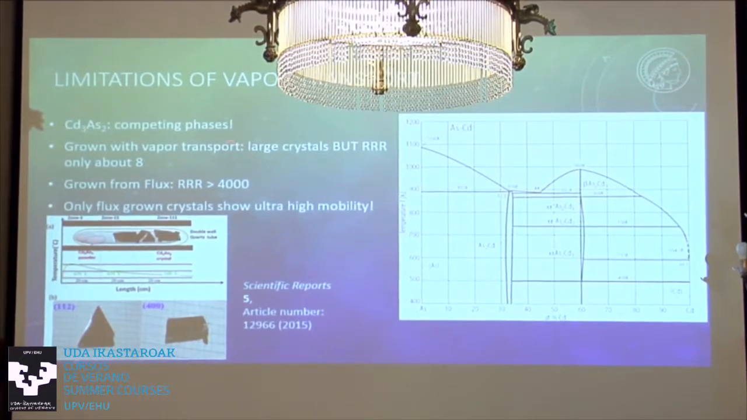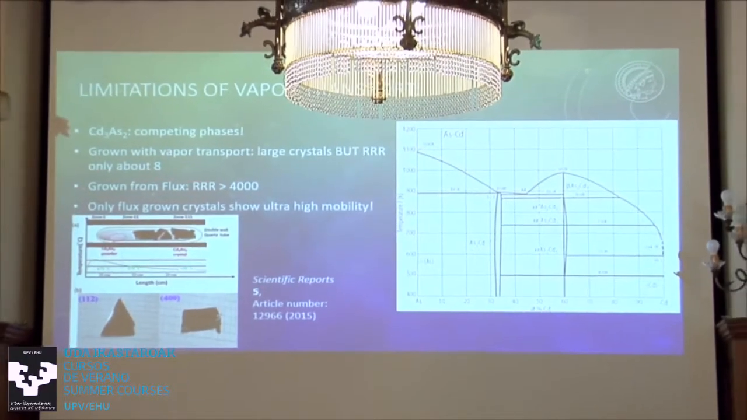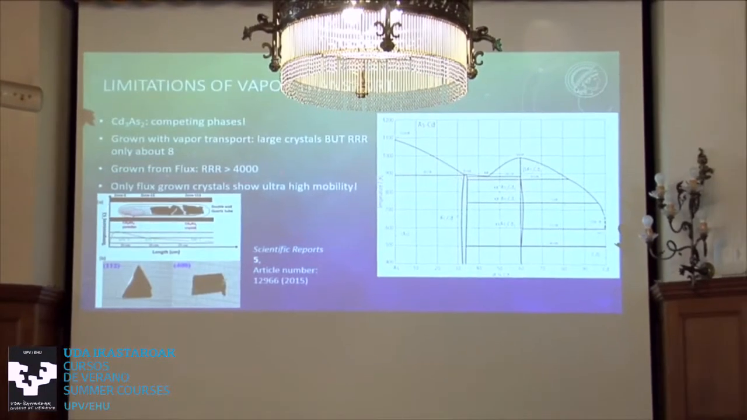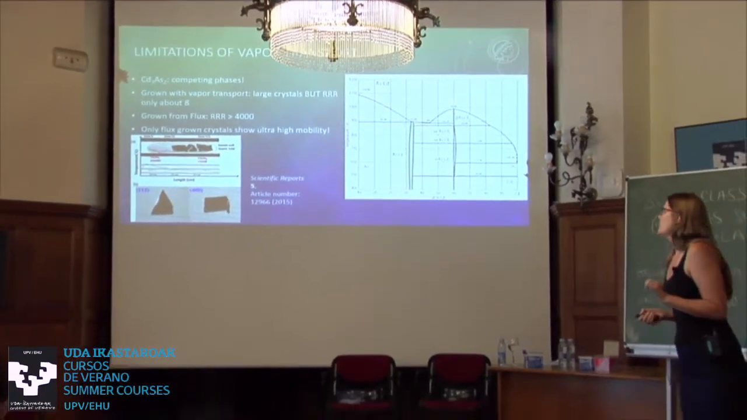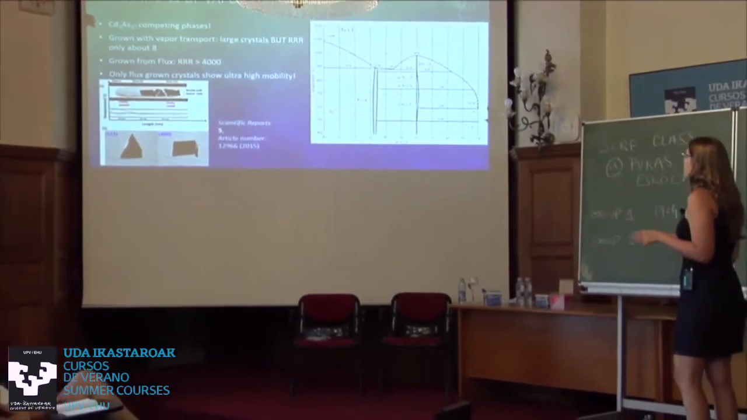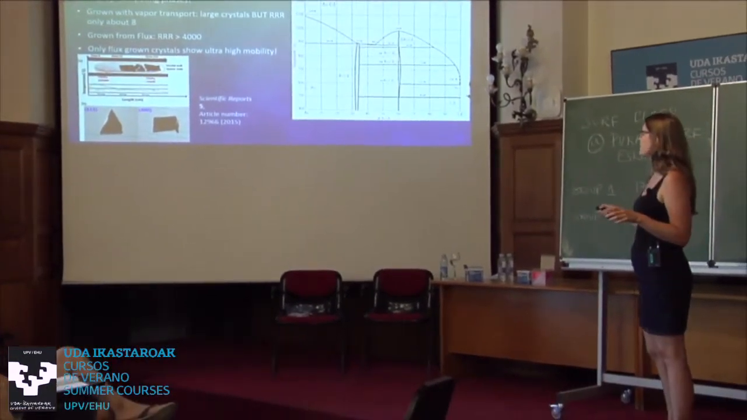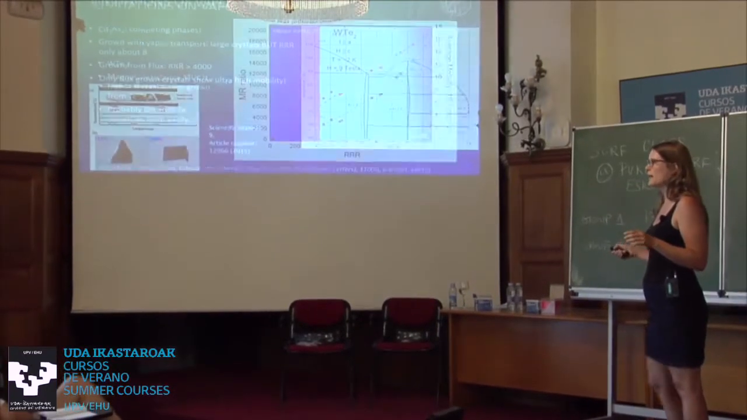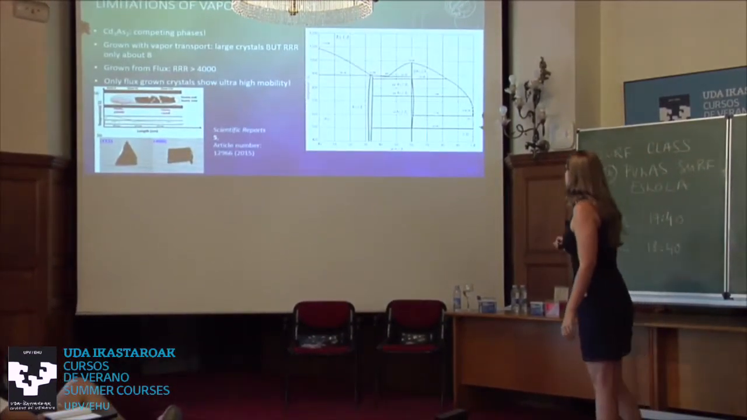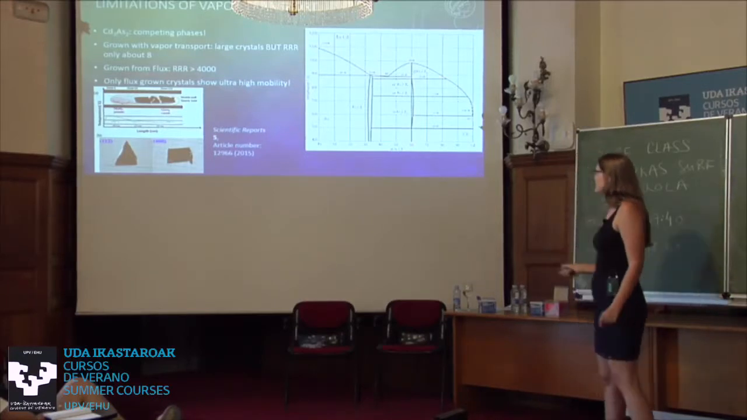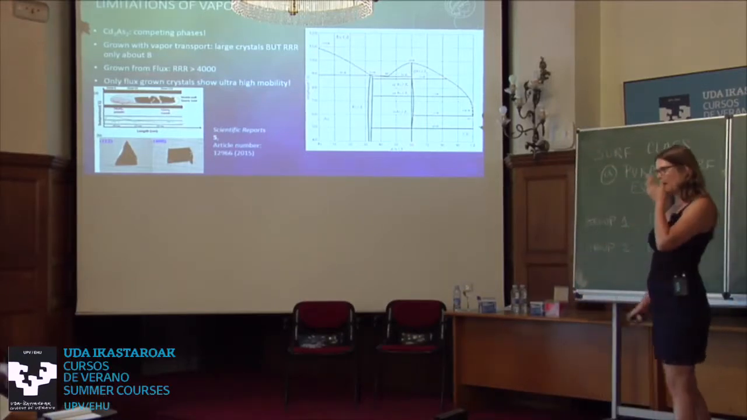And if you grow it with a different method, the flux method, I will explain this method to you in a second, you get much, much, much higher triple R ratios. And so why is that? So only the one with a high triple R ratio shows this really high mobility, what cadmium arsenide is famous for. So, and the reason is, so here, this is the phase diagram, the binary phase diagram of arsenic and